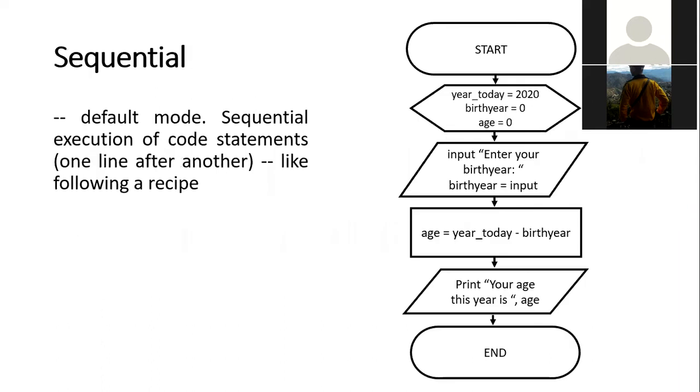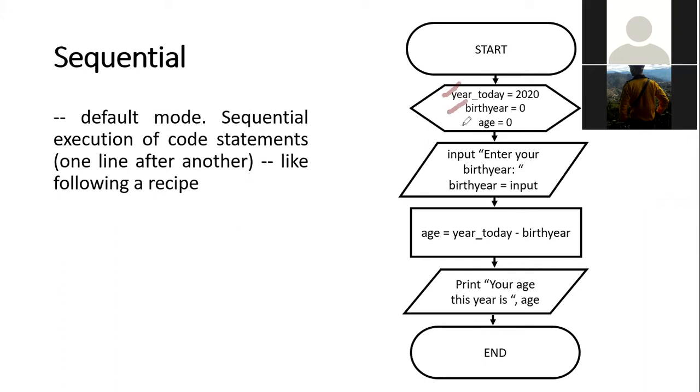Let's discuss each. Sequential. In sequential, we have a default mode. This is the default mode or the basic. Sequential execution of code statements is one line after another, line by line, like following a recipe. So we have an example here of a flow chart with sequential flow. Let's just read. We have start and then followed by preparing three variables. We have year to date, initial value is 2020. Birth year, initial value is 0. And we have age, initial